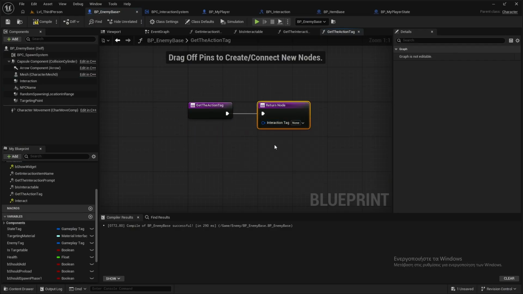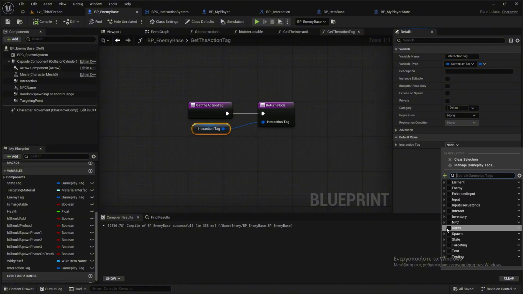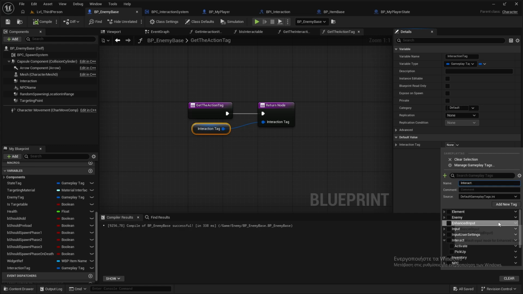I will promote this to a variable and call it interaction tag. So now, where is it? Interact dot pickup. I will say interact dot